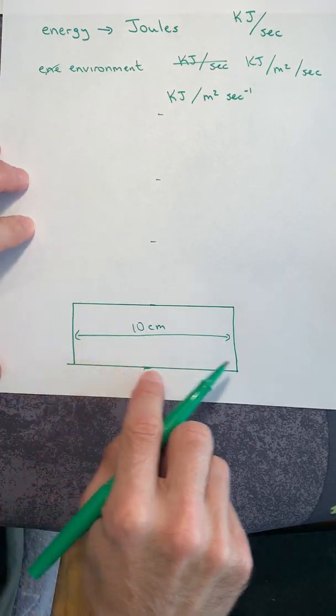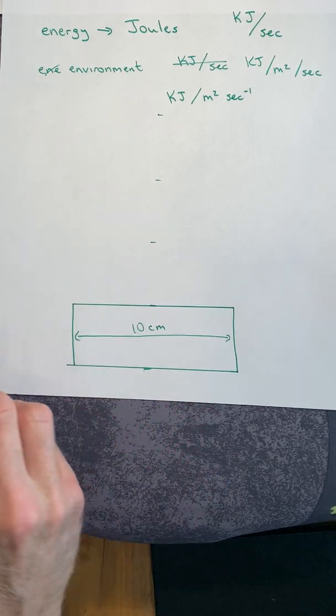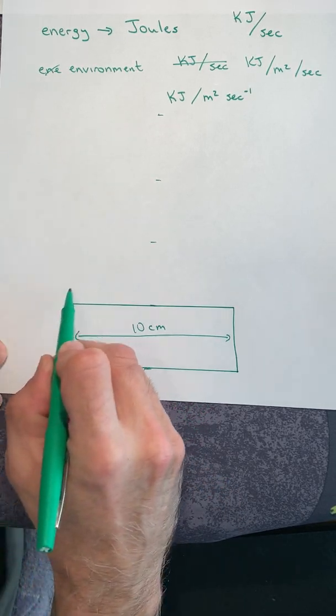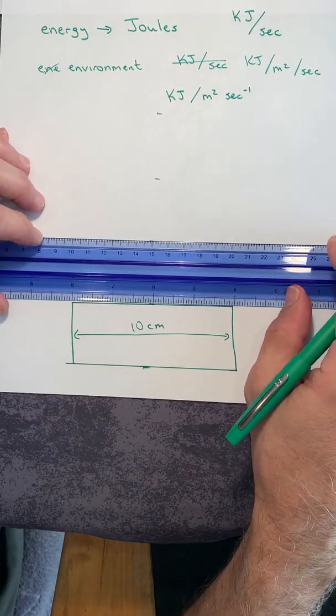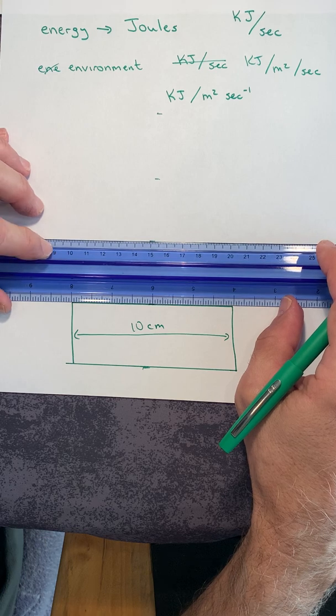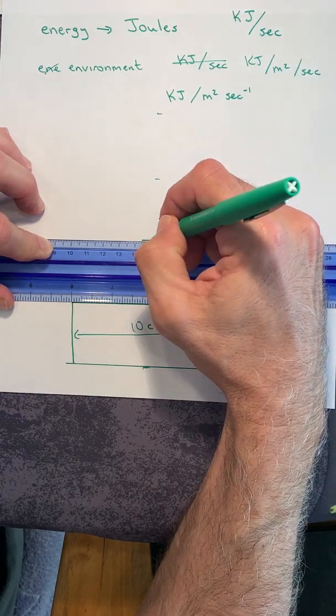So 10 centimeters, fine. Well, then we had talked about how only 10% of the energy is transferred. Well, if only 10% of the energy is transferred, 1/10 of that would only be 1 centimeter.